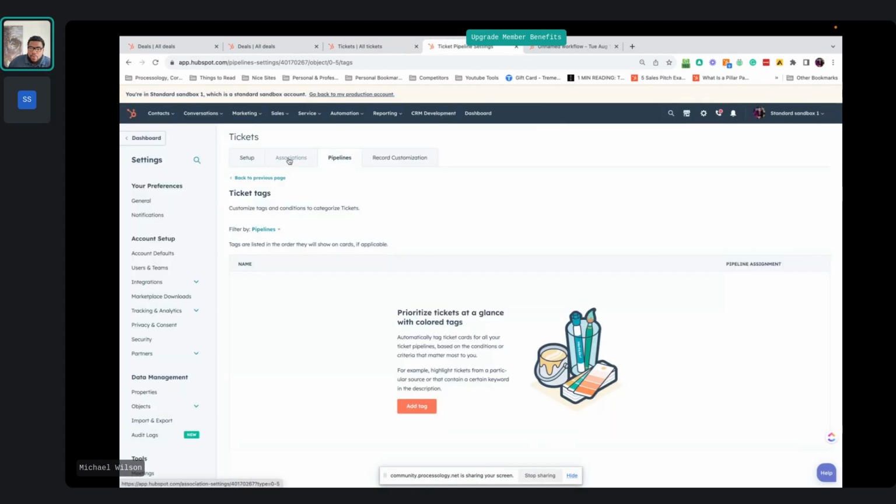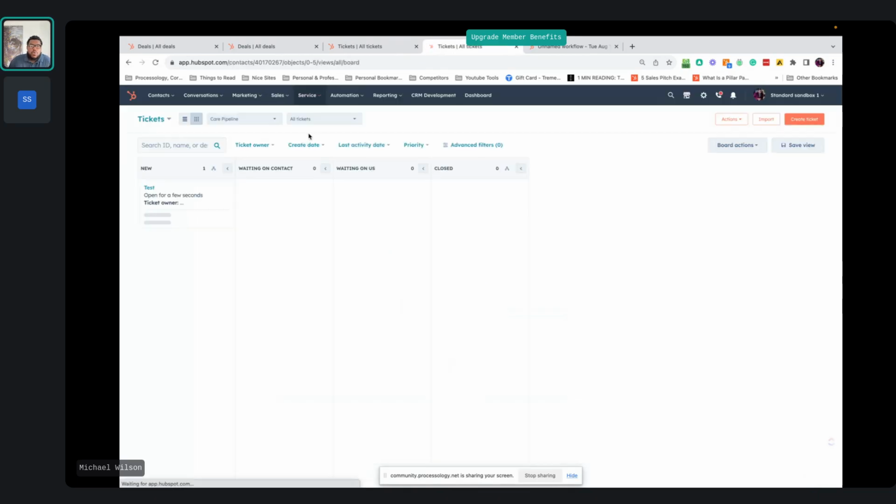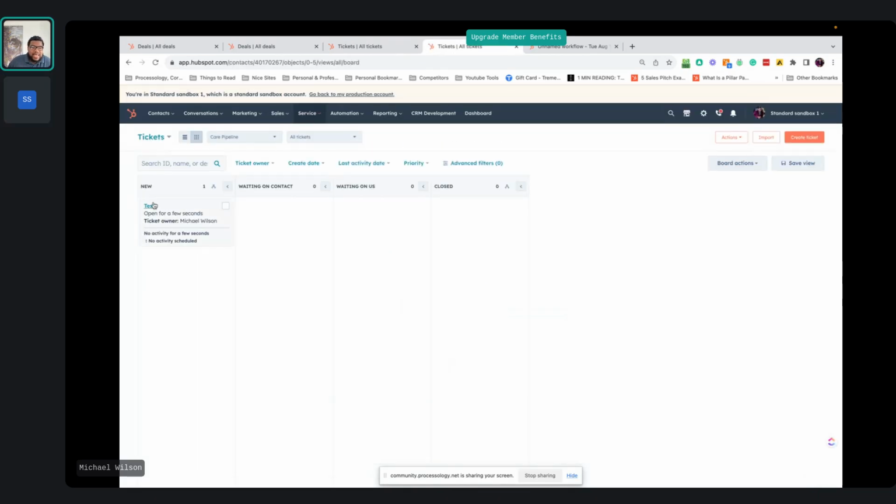Why is this important for ticketing? Well, a lot of the same reasons it's important for sales. What it's going to allow you to do is add tags. For example, if part of your process is to answer tickets within, let's say, once a ticket goes past 24 hours, you may want to add a tag that says overdue, or late, or something like that. Once a ticket is, let's say,